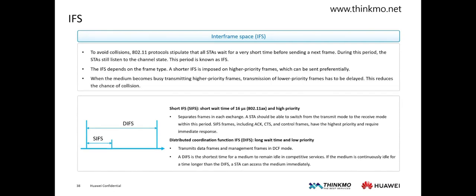It has two main types. SIFS and DIFS. SIFS is the short interframe spacing, a very short time, usually 16 microseconds. They are mainly used when sending control frames, such as RTS, CTS, and ACK, to ensure they can be sent within an adequate time interval. For example, after a terminal sends an RTS frame, the AP needs to wait for the SIFS time before sending the CTS. The purpose of this is to ensure smooth communication and reduce collisions.